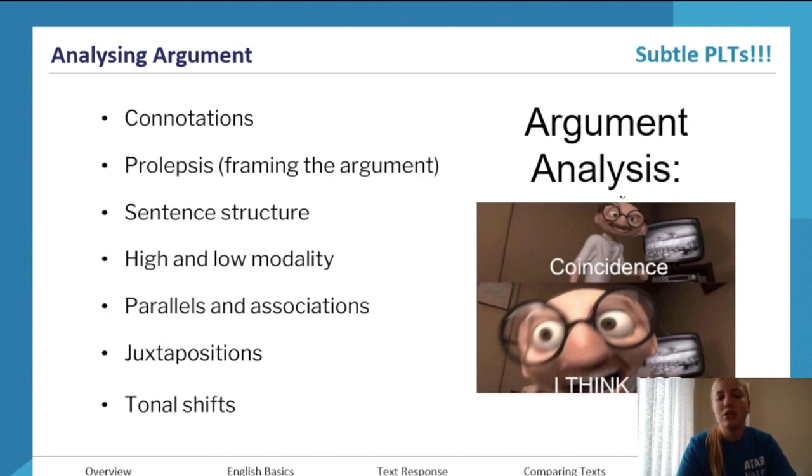Like I said, don't just analyze the simple, obvious things like statistical evidence, expert evidence, a simile, an anecdote. Look for the complexities as well, and try to analyze them where you can. So connotations associated with the language, not just positive or negative, but identifying them more specifically. And we've seen several examples today. You can use words like connotations associated with, stick in specific descriptors rather than positive or negative. And even nouns can fit in there.